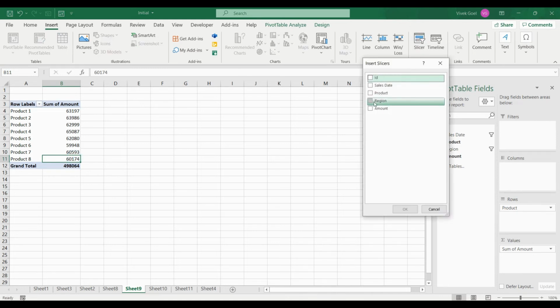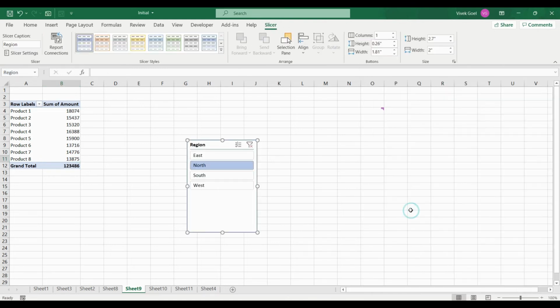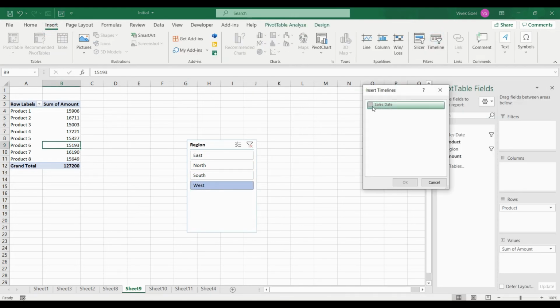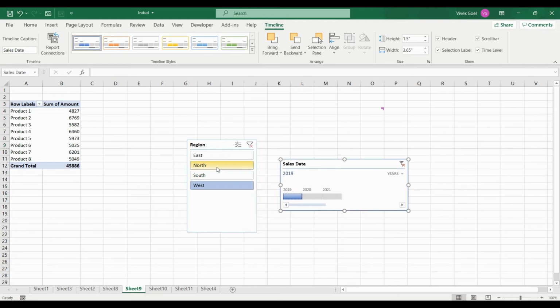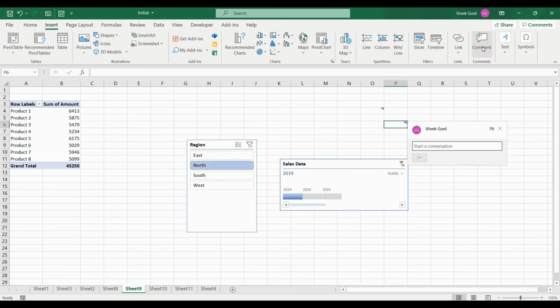For example, here if we want to see how products did in a particular region, I can add a slicer for it. Or we can add a timeline if we want to filter our data quickly between a period of time. This Insert tab will be used exhaustively when we work with our dashboards and reports. We can also add comments if we are reviewing some work and we see a need for change. We will use all this a lot when we move to our second and third course.